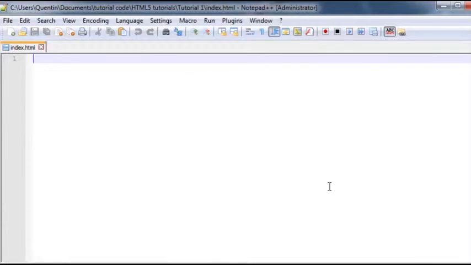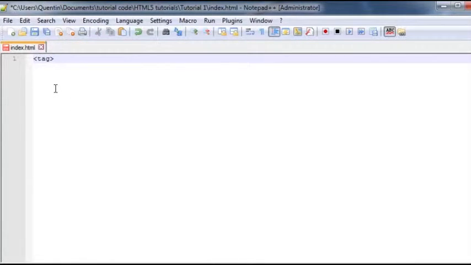Now, because HTML is a markup language, what that means is that everything is written in these things called tags. Some people call them elements. Now, a tag looks something like this. You type in the smaller than sign and the greater than sign, and then you type in whatever the tag's name is. So let's say, for instance, we had a tag that was called tag. Now, this isn't actually a real tag, but just for the purposes of explaining,